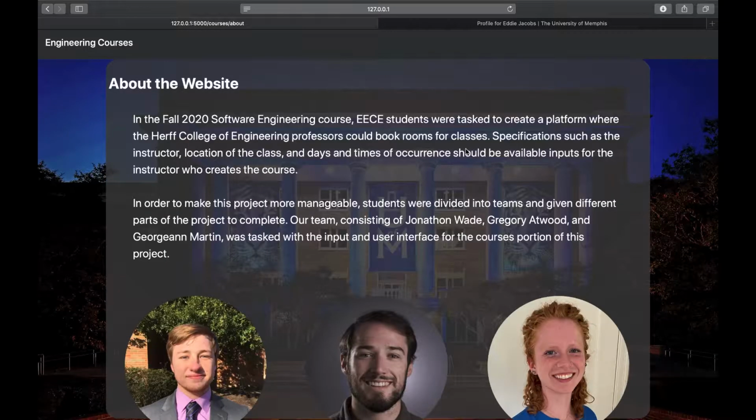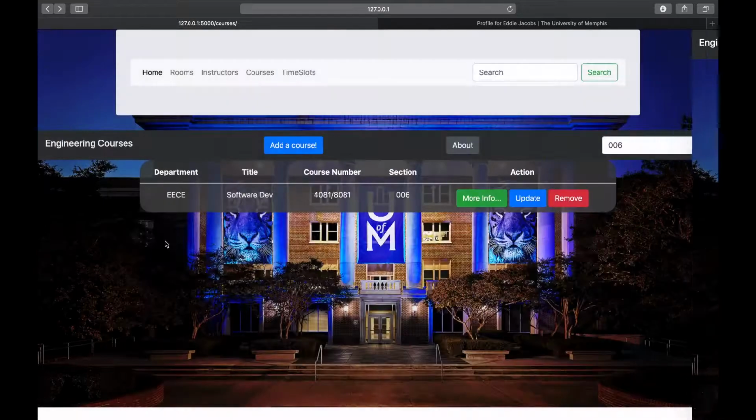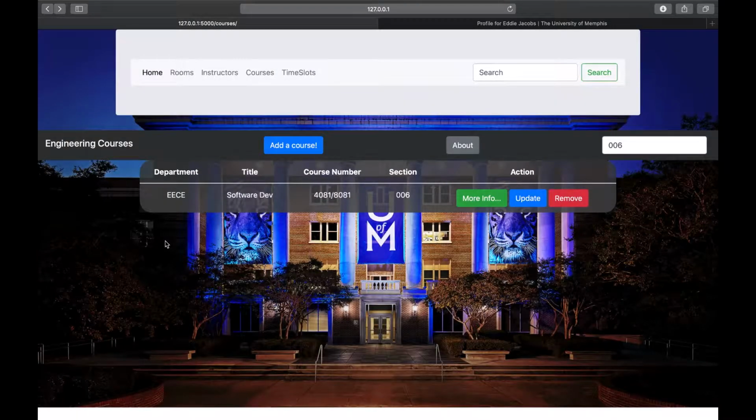About this part of the program, it was done by Jonathan, Gregory, and Georgine. I think it looks really good, and this is it about the courses,